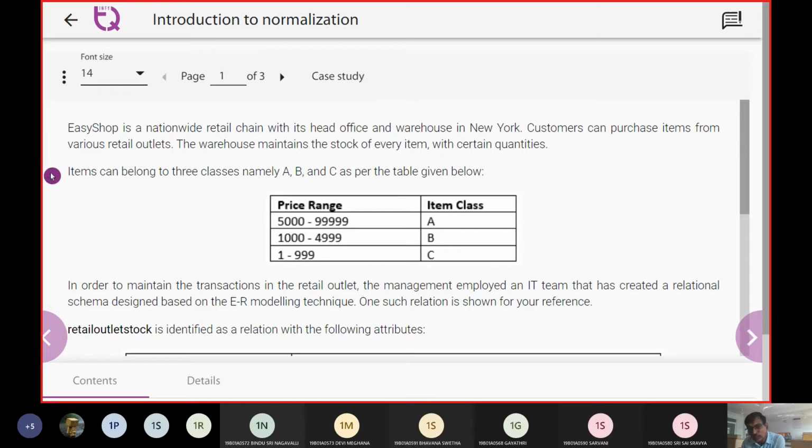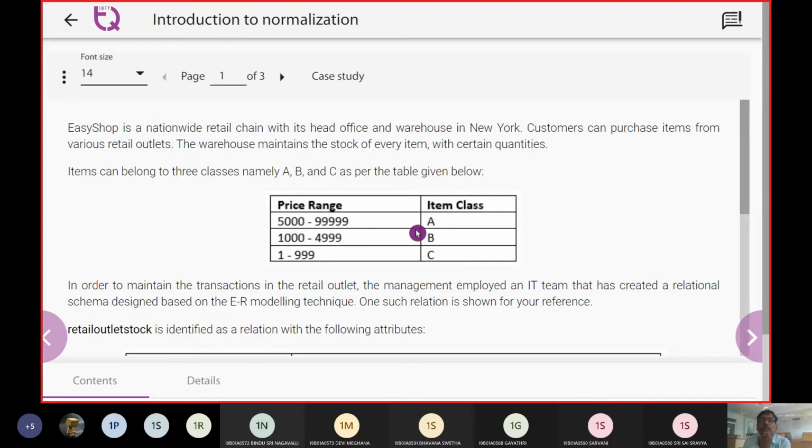As of now we are taking up an example called Easy Shop, which is going to be a national chain of retail outlets. The customers can purchase from various retail outlets, and the warehouse has a stock like this.